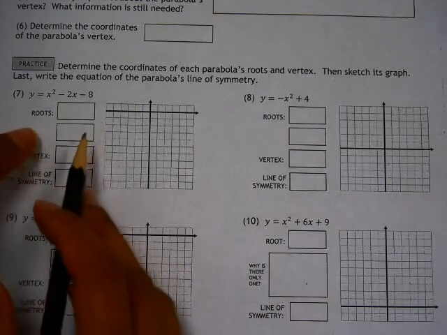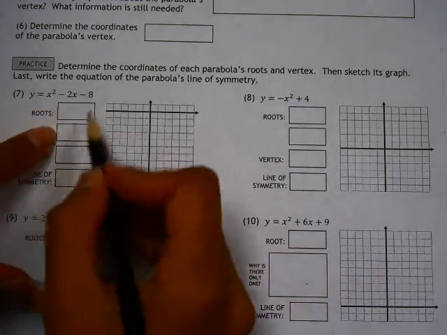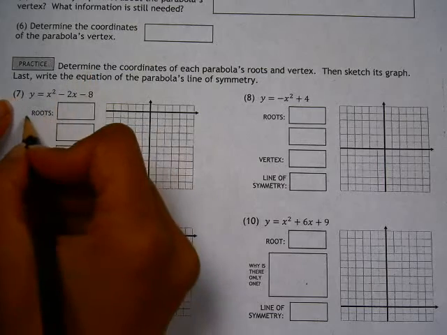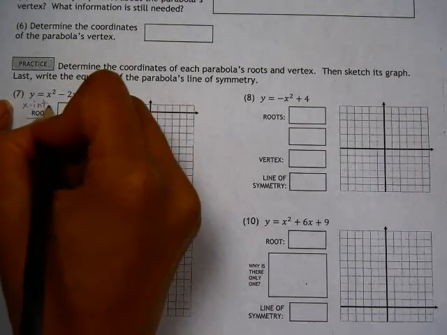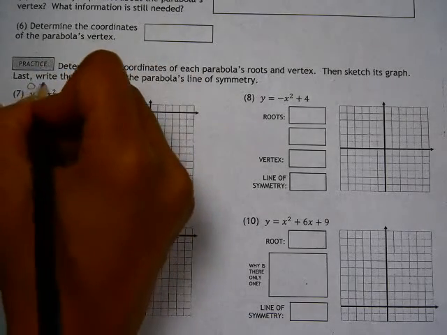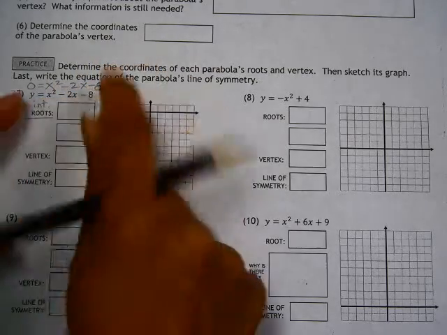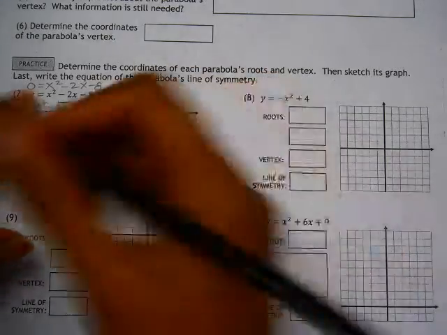This video is to do number 7 and number 8, graphing a parabola by finding the roots and the vertex. When we find the roots of a parabola, another word for roots is x-intercepts. X-intercepts always have a y value of 0, so we're going to substitute y equals 0. And when you have a quadratic equation, one way of solving is to factor, which is what we've been reviewing